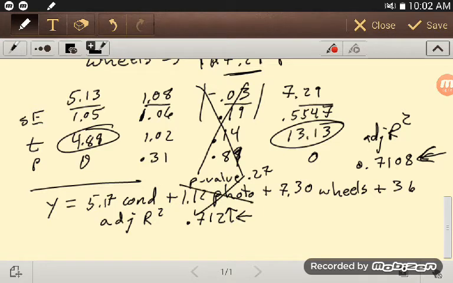So we want to get rid of that one as well, the photos, because again, our hypothesis test says that slope is probably actually 0. And so when we do it again with just two of these, we get $5.58 by having something that's new,